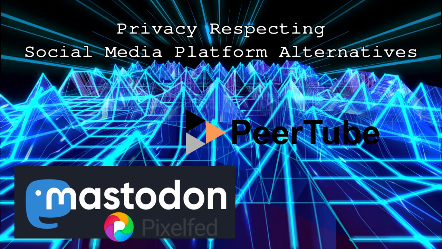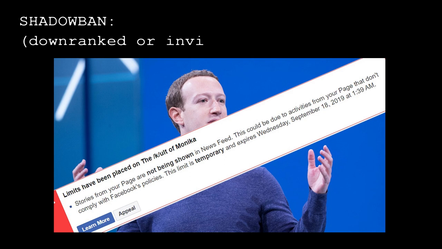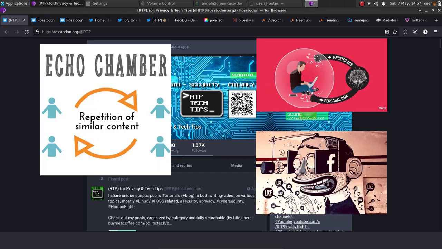For one, all of the mainstream platforms are doing various analytics, but not only that, they're doing what's known as shadow banning. Really, it's all algorithmic. They want certain items, certain topics to be at the very top, and there's certain things that they want to kind of hide down below. Now, this has been the case for the last several years, and it's only gotten worse. And what they're doing is they're essentially shuffling you into a little echo chamber where you're going to find what they want you to find, but you're not going to find truly unique content.